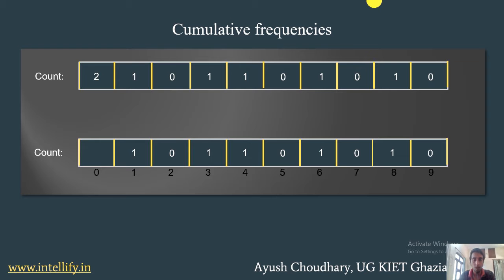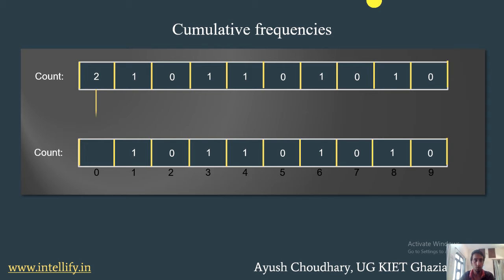After the count array, we will have a cumulative count array. In the same array, we count after sorting. As we sort the array in the first pass based upon the unit place digits of each element, we will have a half sorted array at that point. Then in this array we count, for a particular element, how many elements occur before it, with the help of the cumulative frequency count.